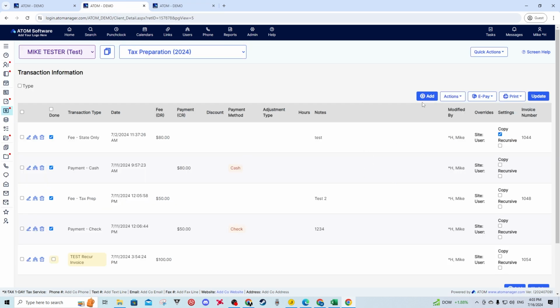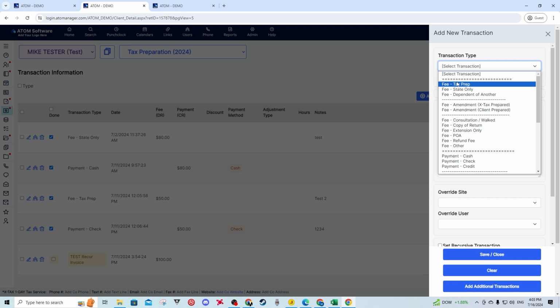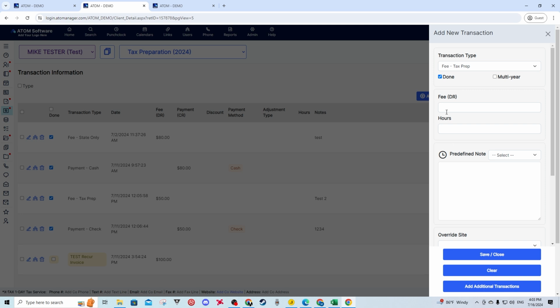So working with the list that we currently have, you click on add transaction type. So say if we want to add a fee for tax prep for this client file, we're just going to click on fee tax prep. Then we have our fee amount, which we could do like $50. There is an hours field here. You don't have to fill this in, but if you wanted to say this took like 1 hour, you could